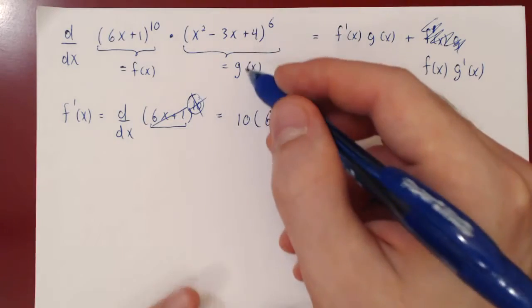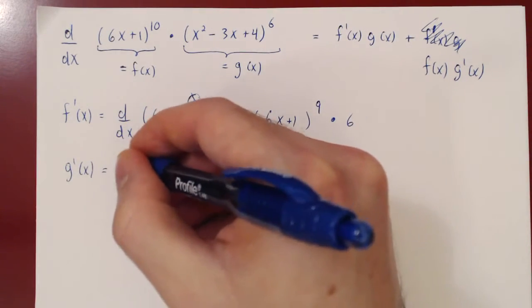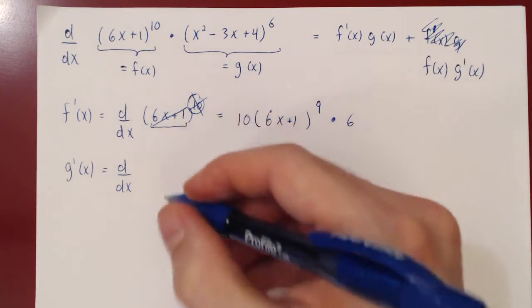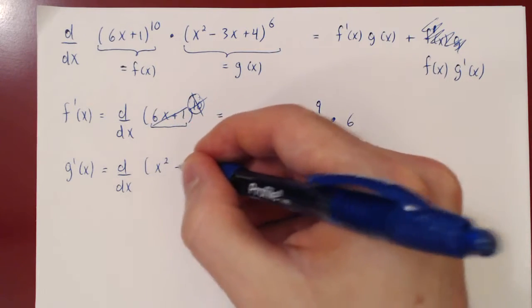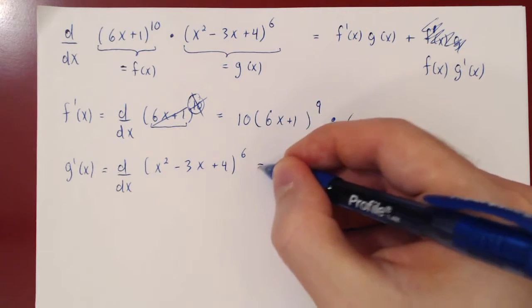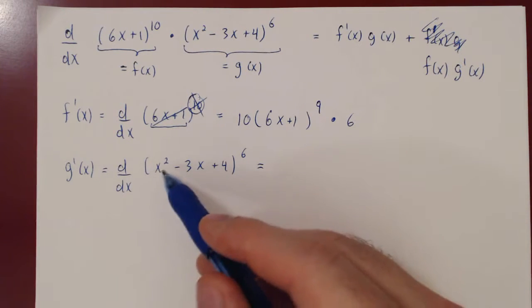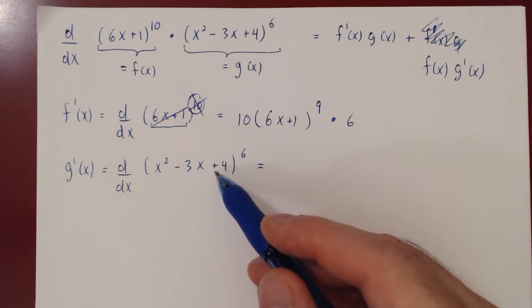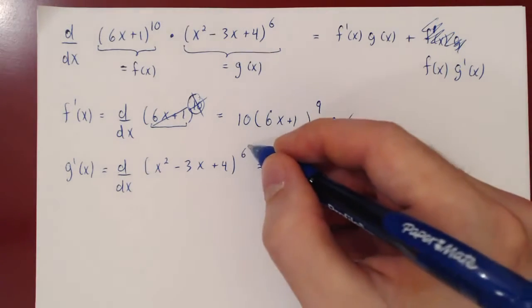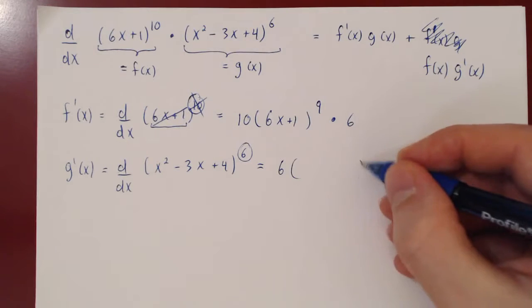Let's differentiate g of x. So g prime of x is the derivative of (x squared minus 3x plus 4) to the 6th power. Once again, here we have a composition. If I give you a value of x, you first square it, subtract 3x, plus 4, and then take the 6th power. The outside function is the 6th power. We use the power rule,